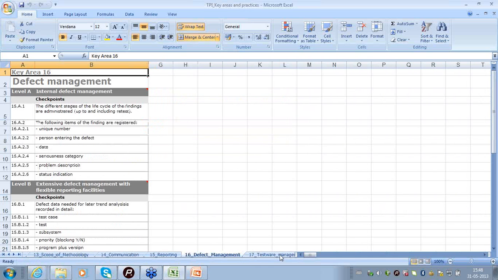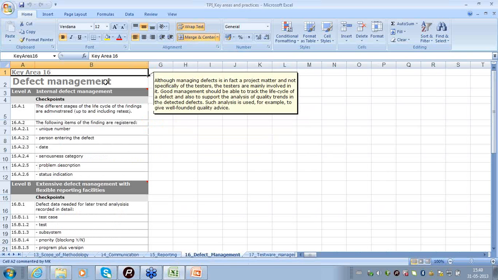The next key area is defect management. The model says that the defect management practice, though it may not be fully performed by the testing team, has to be transparent, effective, structured and optimal.